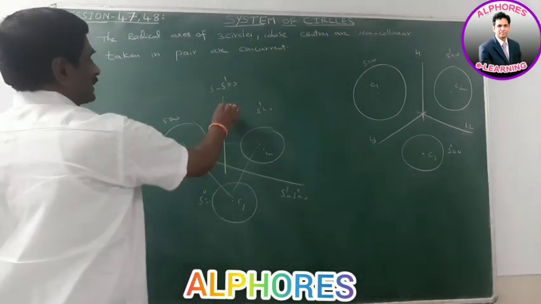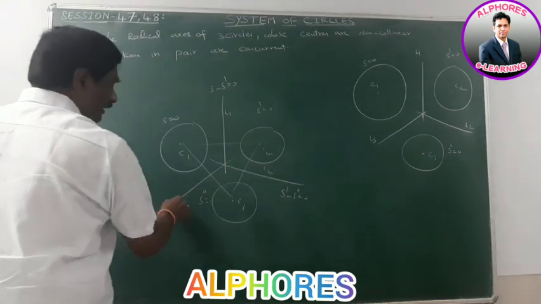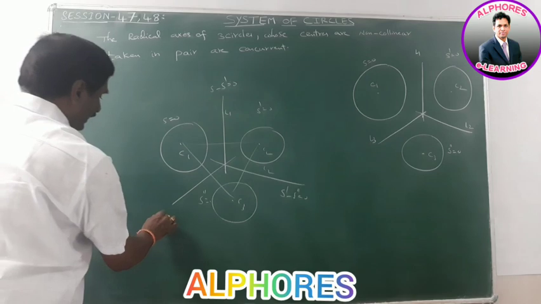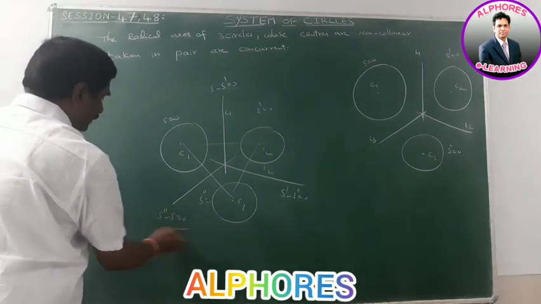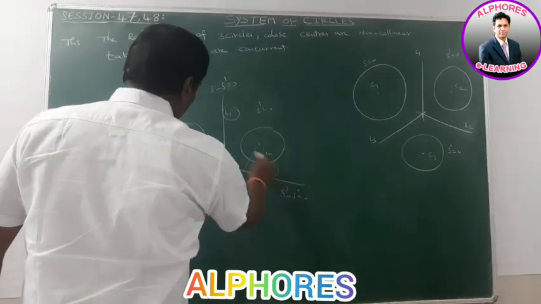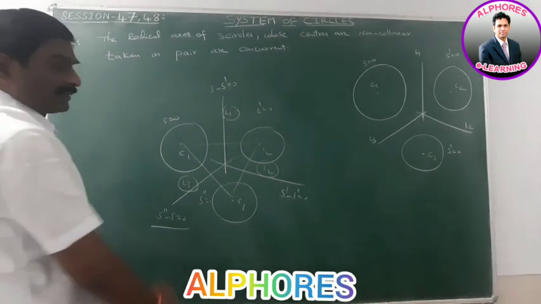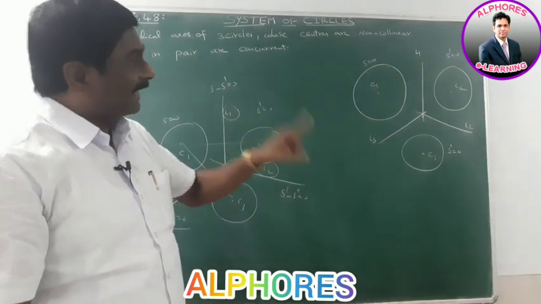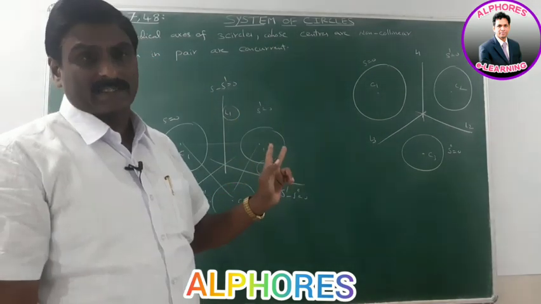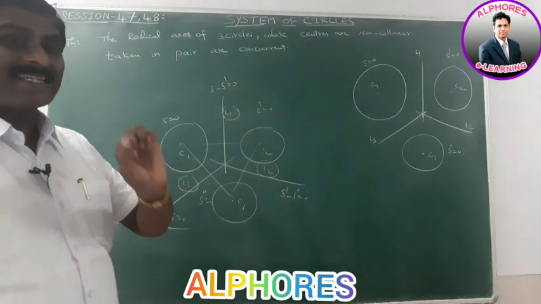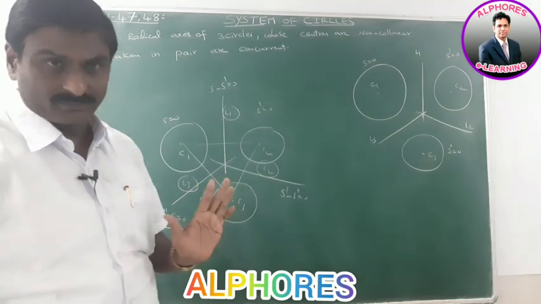This line is L1, it is L2. The third line, the radical axis for the remaining 2 circles, is S double dash minus S is equal to 0. Okay. This is one line L1, this is L2, this is L3. Here, there are 3 radical axes. For 3 circles, we get 1 radical axis for every 2 circles. That means we get a total of 3 radical axes. These 3 radical axes are concurrent.